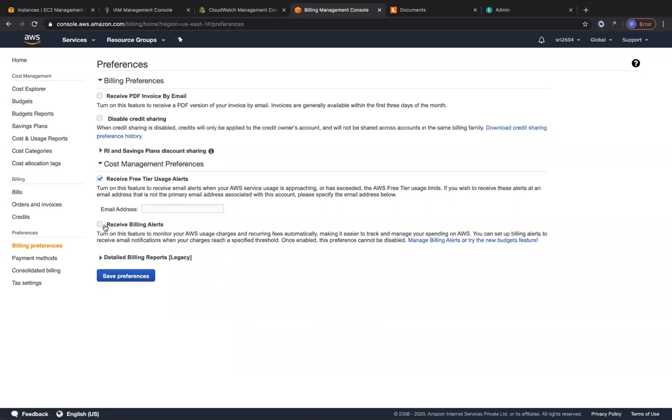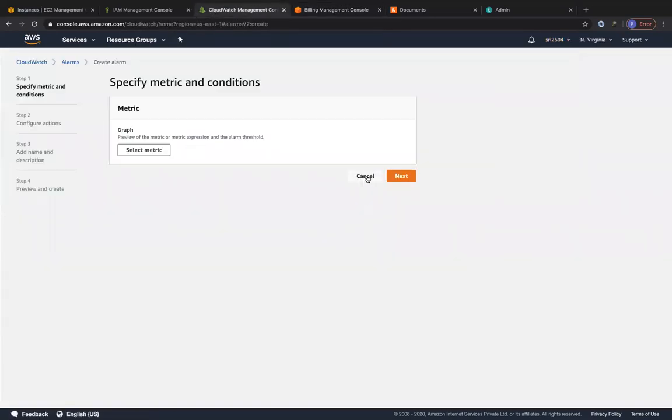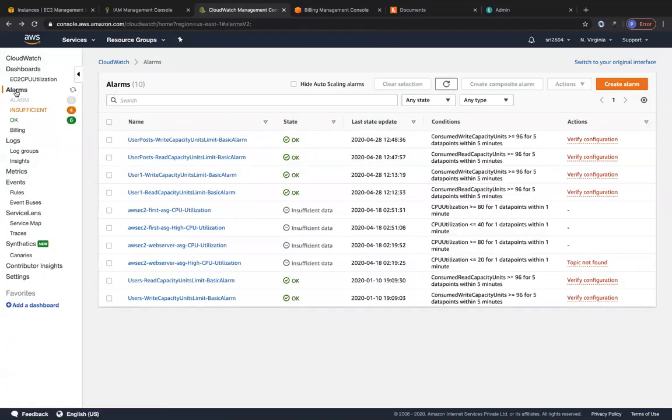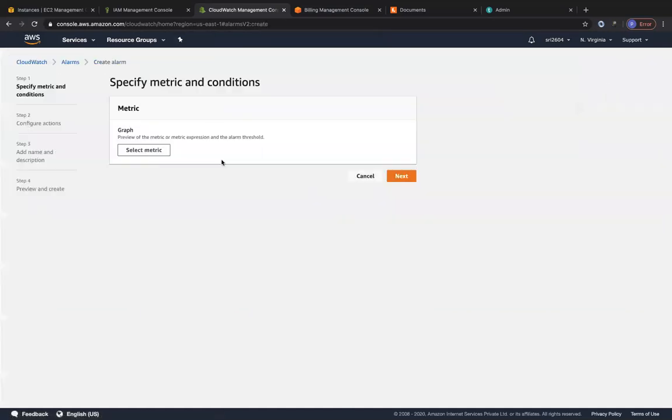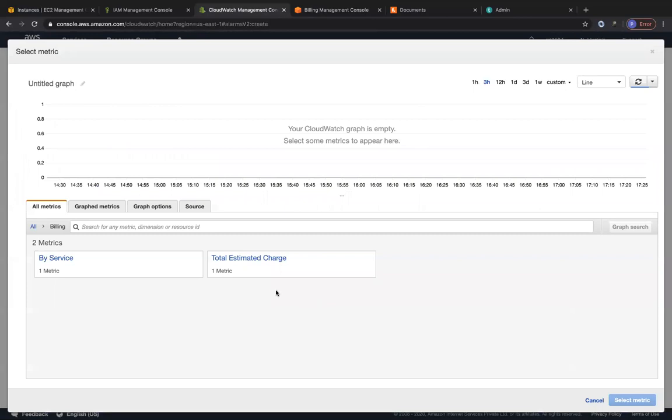Receive billing alerts. Let me enable this so that the AWS usage charges are generated and that metric is generated, right? Let me click on save and go back to CloudWatch and see if after some time that metric is displaying. Other than that, you can create an alarm by yourself for CPU utilization, which we'll do right now. But since we don't have the billing usage metric being sent out to us, we have just enabled it. Oh, awesome. We just got it right now. We have the billing, and you can see the total estimated charge over here.